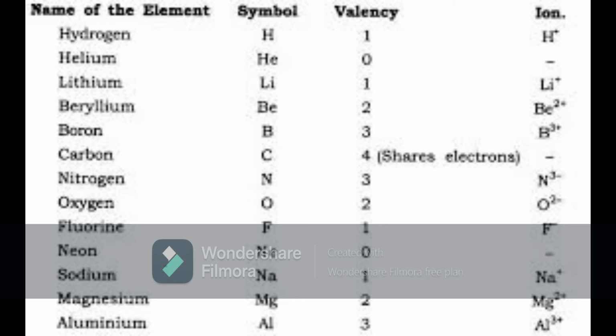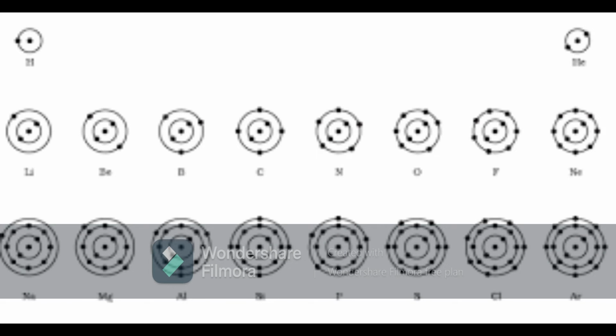You can see this for all the 18 elements, and these elements are also represented in the diagrams on page number 50. Once you see those diagrams, I will explain it now. First you can see hydrogen, its atomic number is 1. Its atomic mass is 1. It has 1 electron. Helium has 2 electrons. Its atomic mass is 4.